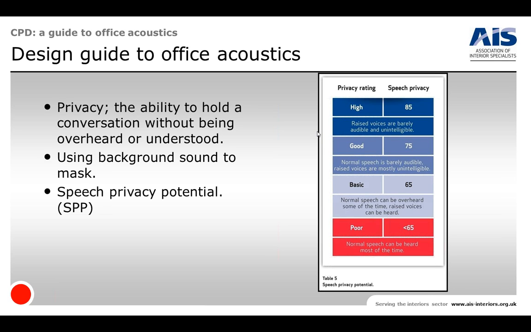And there's a broad mathematical measurement of working out the speech privacy potential, the SPP. If you measure the background noise level and add it to the performance of the partition that you're going to get on site, if those two figures are about 75 or more, you will achieve privacy. Below that, it would be hard to achieve privacy. So that also suggests that in areas of privacy, you really want to put them in quite a noisy part of the building,